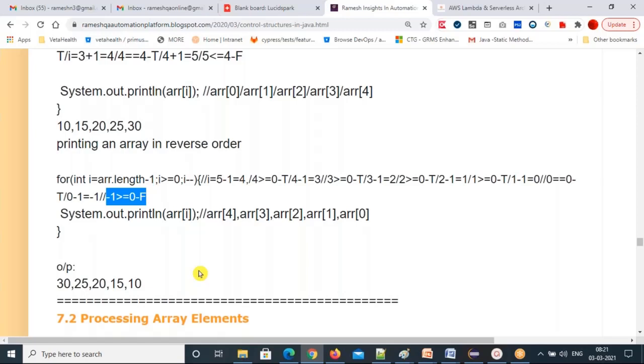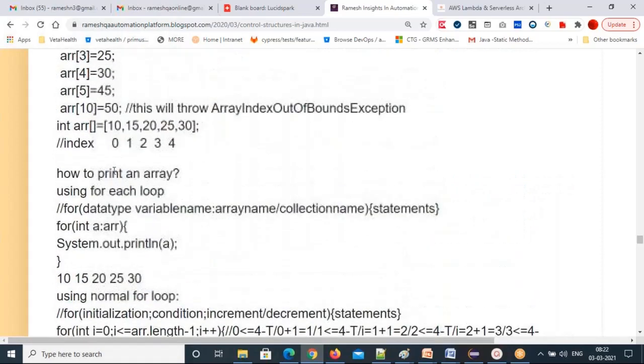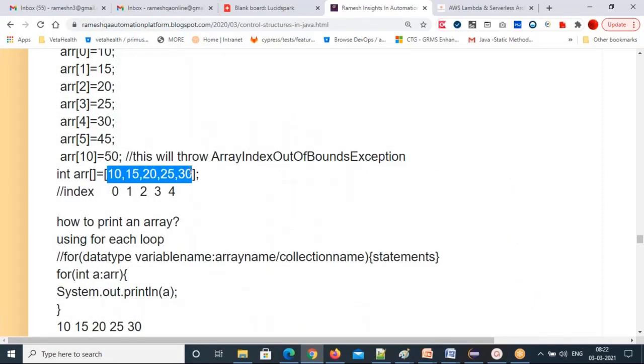Sir, I have a doubt. Array index out of bounds exception occurrence cases. First scenario, second case, I am clear, sir. Third case, array size 0. So you don't have any elements, madam. You don't have any elements in the array, so your array is empty. Now you have this array with elements, right? Now you give it empty, and then you are trying to access it. Then it will throw array index out of bounds.